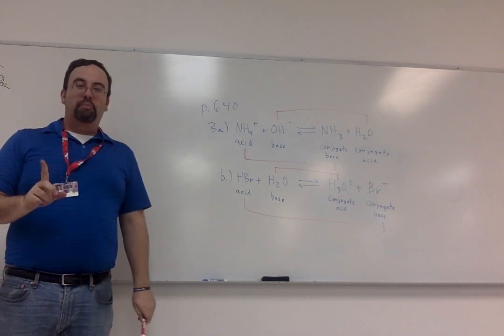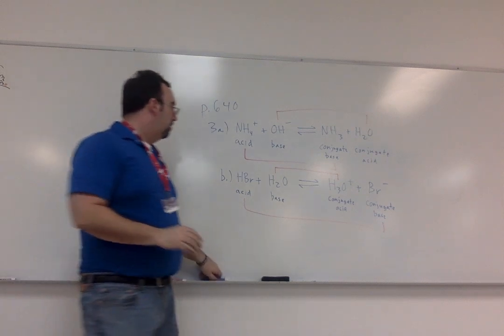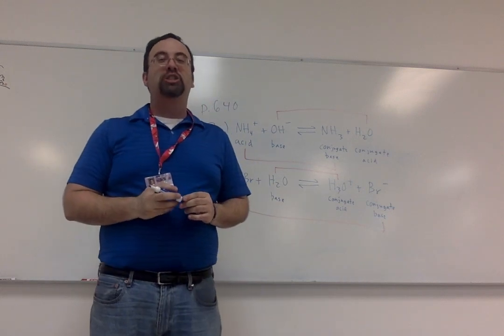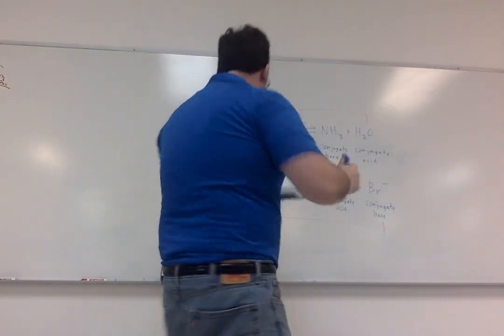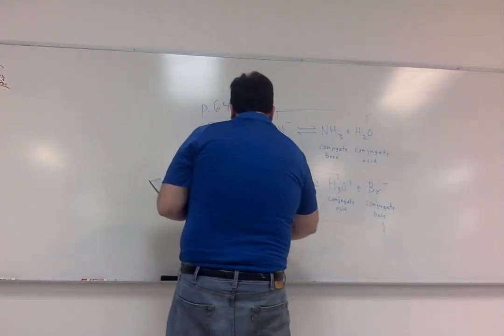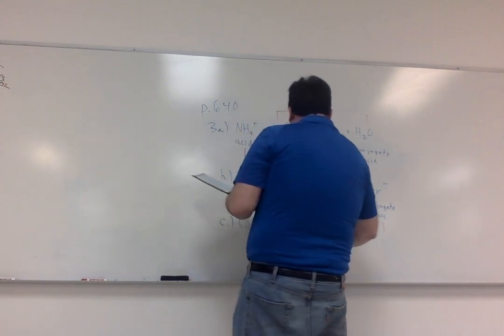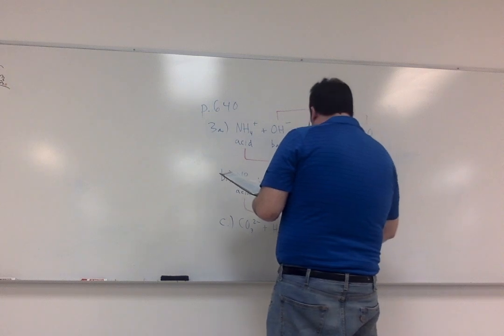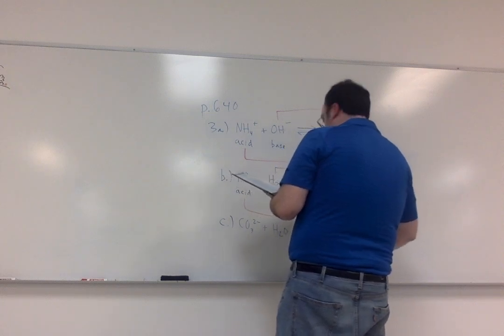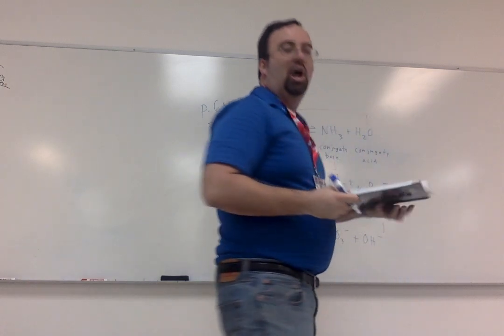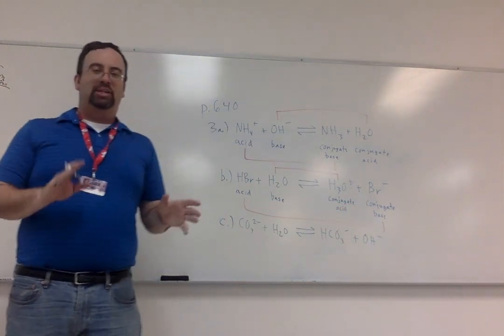All right, one more problem, and then we'll be done for today. Part C. We're going to go ahead and identify the conjugate acid-base pairs in this chemical reaction. CO3 2- plus H2O, equilibrium, HCO3- plus OH-. All right, so again, we remember that the acid and base will be on the left,